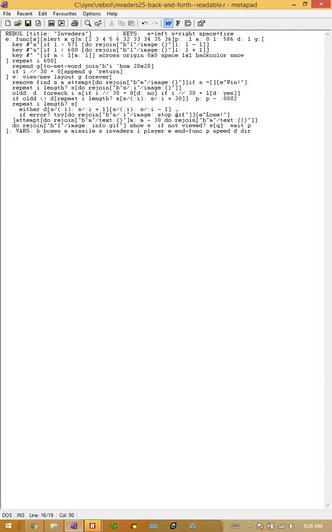That means that the invaders have gotten all the way to the bottom of the screen, to the end of the playing field, and so we need to run that E function and let the user know that they've lost the game at that point. And then we have two more final things we need to do here. This line, again wrapped in attempt,